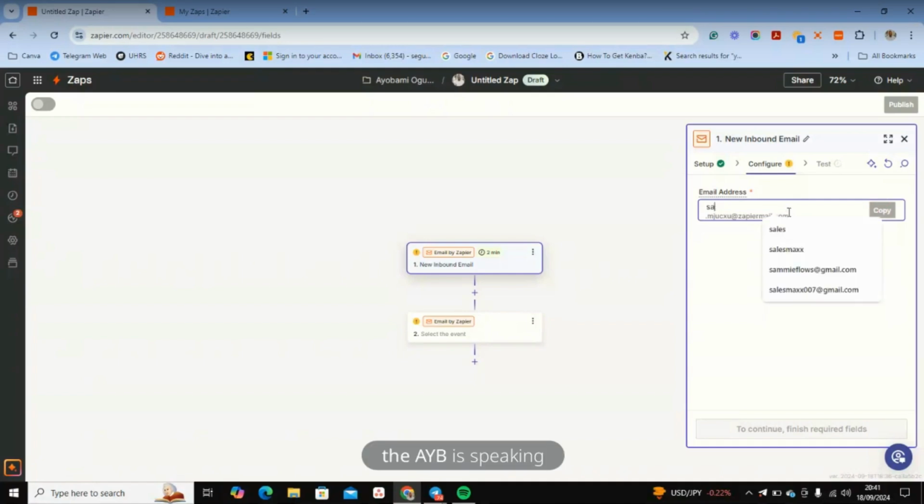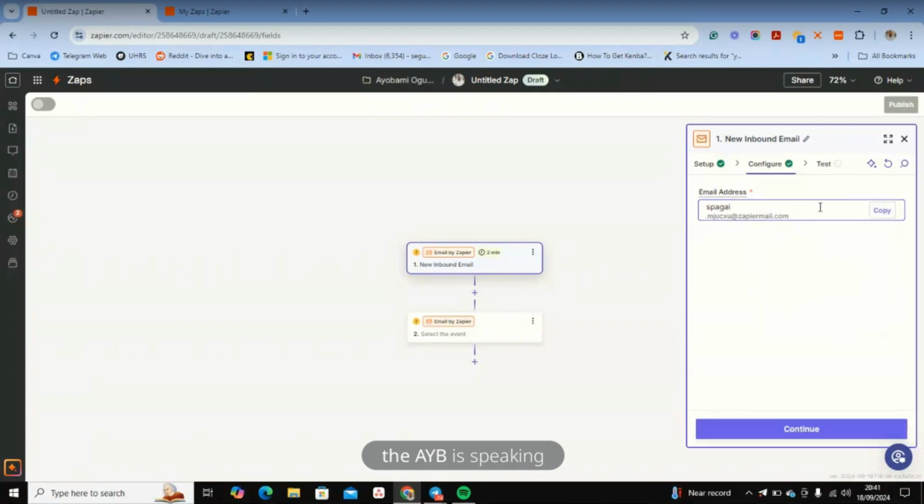spag. So always use your company name. Yeah, can you see that it's available? Now sometimes, because it's public, if you use a common name, somebody might have used it. But if you use something unique to us, somebody has not used this. So if you continue with this step,